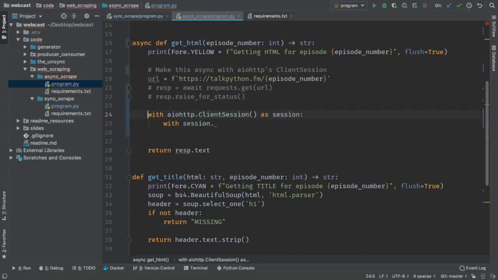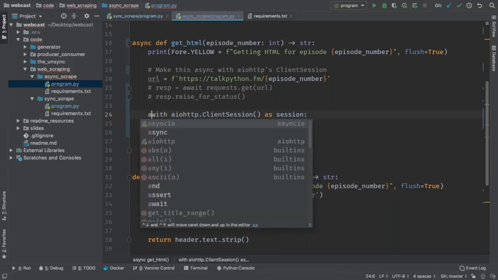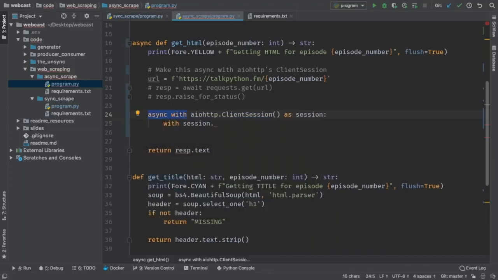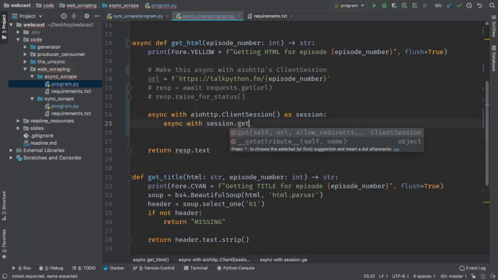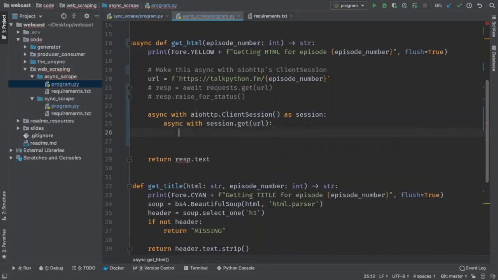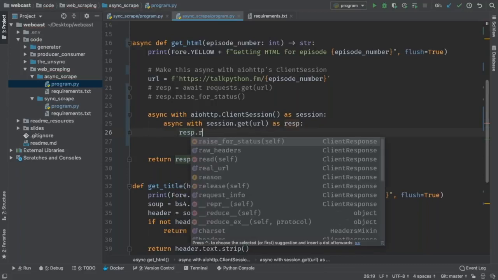What you have to do, which I was trying to avoid, is make this operation of getting the session asynchronous. So I have to say async with, and that's a little bit of funky syntax, but you can do it. Then I can say async with session.get, and then I just give it the URL. And then I'll do something that's a little bit less satisfying. I'll say as response.